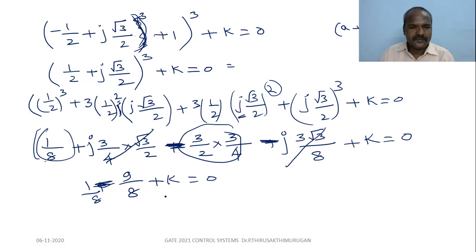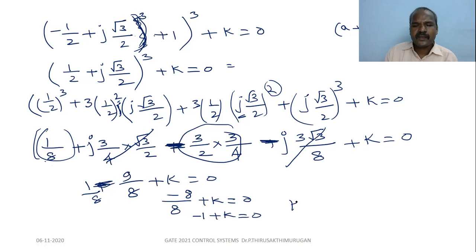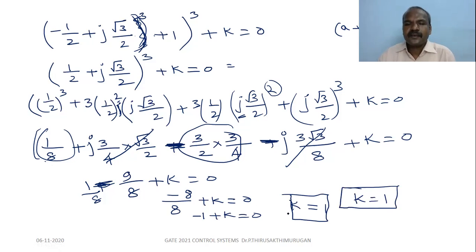So taking LCM here, 1 by 8 minus 9 by 8 is minus 8 by 8, so minus 1 plus k equal to 0. So k equal to 1. So the answer for this: k equal to 1. So this is the required gain for the pole at S equal to